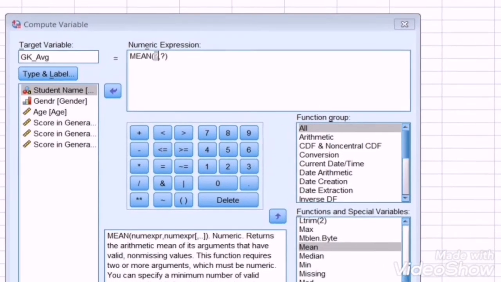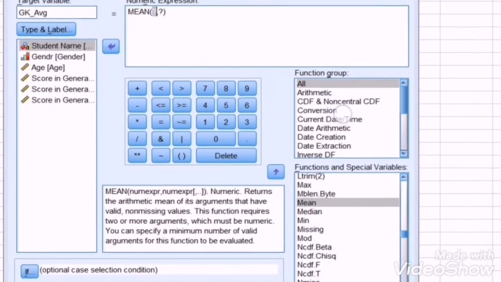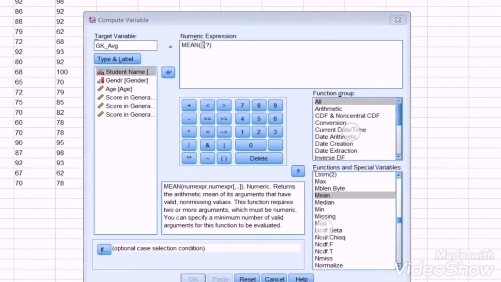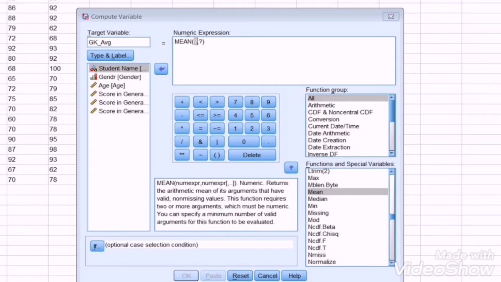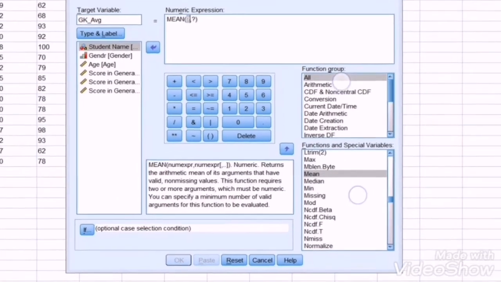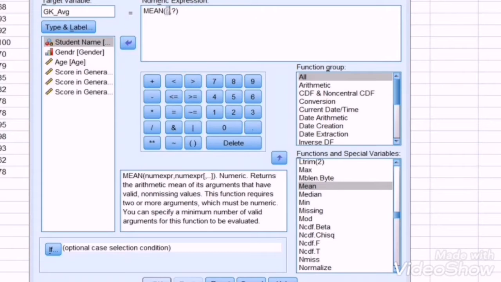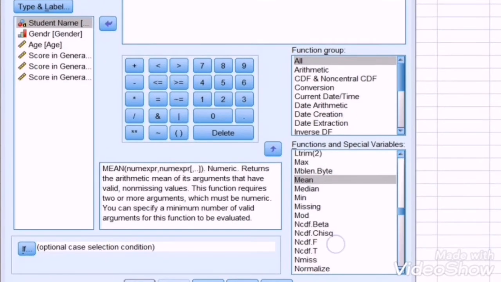Then we will have to move on to the function group. On the right hand side we have the function group window. In the window we will have to select all function, and in the functions and special variables box we will have to select mean.